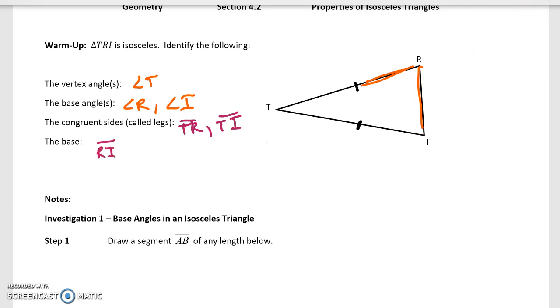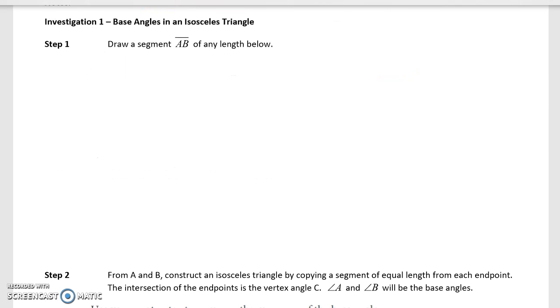So we're going to take a look at some properties of isosceles triangles. First, I want you to draw segment AB of any length below. And we're going to label it AB. Doesn't matter what it is. So then from A and B, we're going to construct an isosceles triangle by copying a segment of equal length